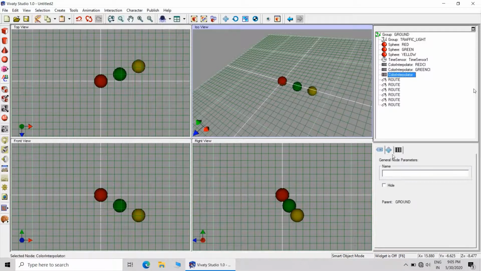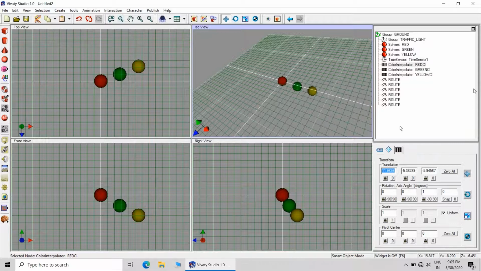Third will be yellow CI, yellow color interpolator. Now bring all the color interpolators to absolute 0, 0, 0 position.